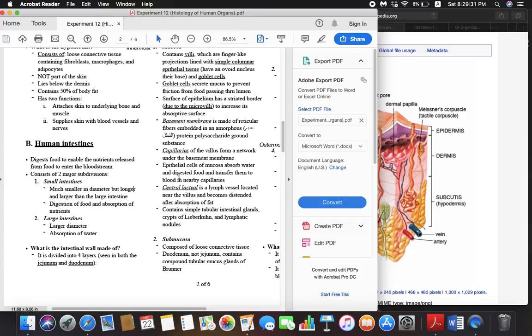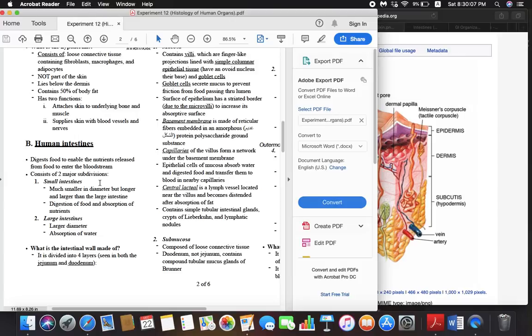The next organs we're going to talk about are the human intestines. The basic function of the human intestines is to digest food, to enable the nutrients released from food to enter the bloodstream. We have two major subdivisions of the intestines. The small intestines, which are much smaller in diameter but longer than the large intestine, and their function is to digest food and absorb nutrients. And we have the large intestines, which have a larger diameter but are overall shorter, and their main function is